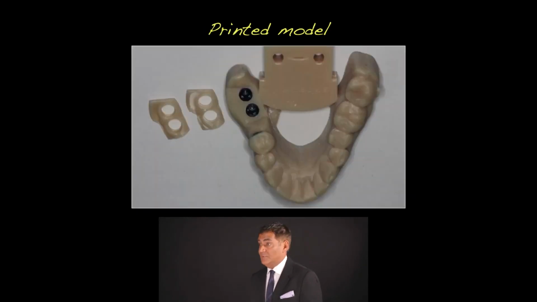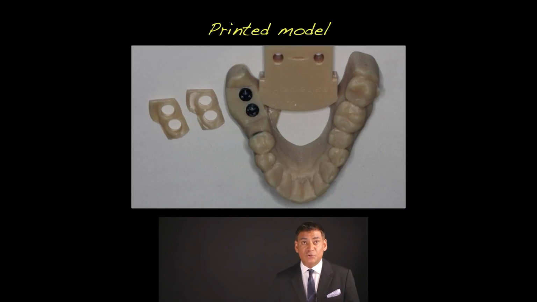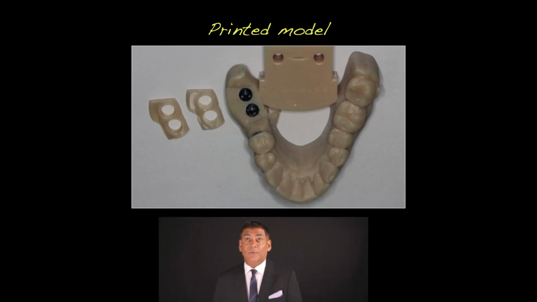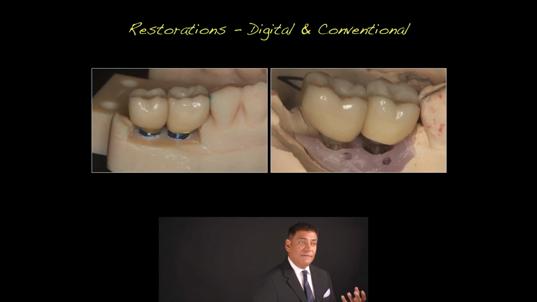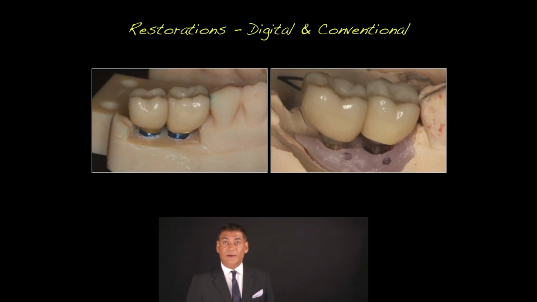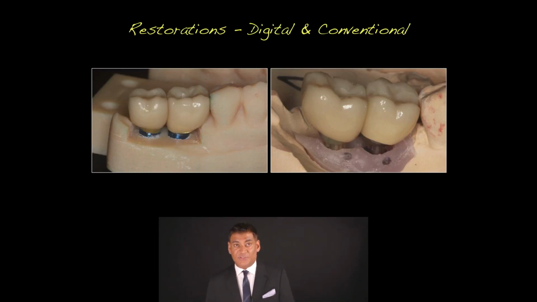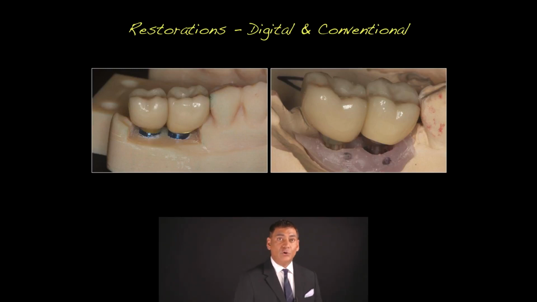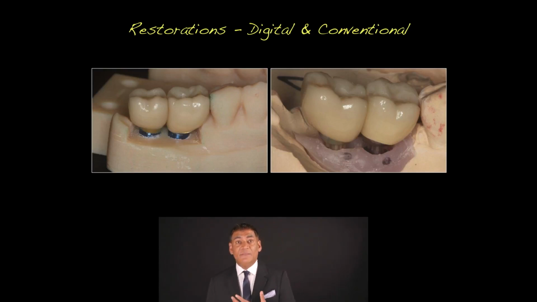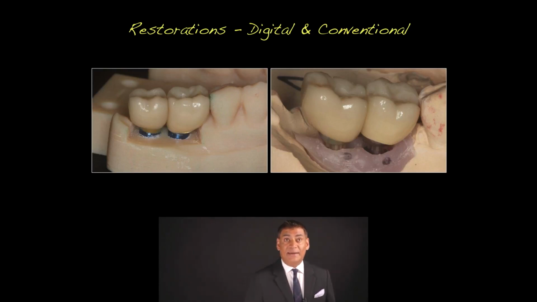They can print models, they can mill models, so you'll have an actual working model if you choose to do so. And when they do that, digital dentistry right now is really accurate. We have lots of peer-reviewed data to show the accuracy of it compared to conventional analog impressions. So we know we can get really good detail, and a lot of times we're minimizing the adjustments that we might have.